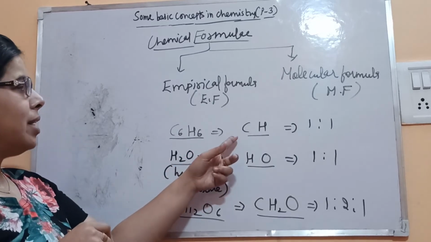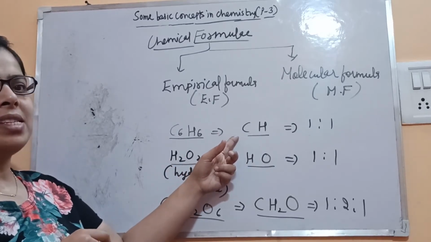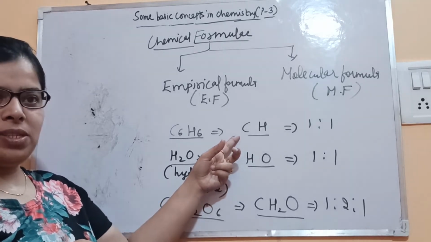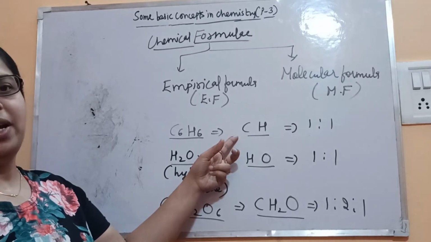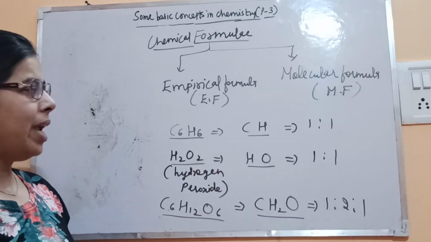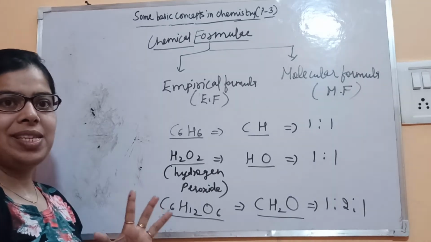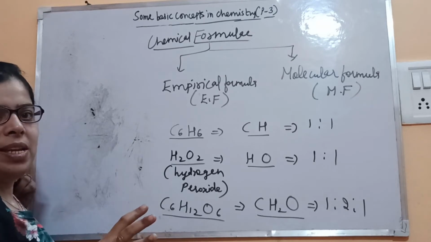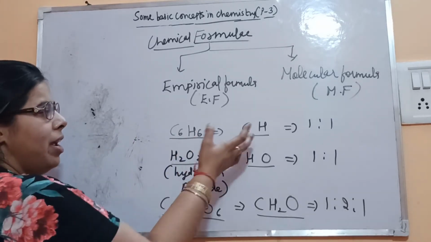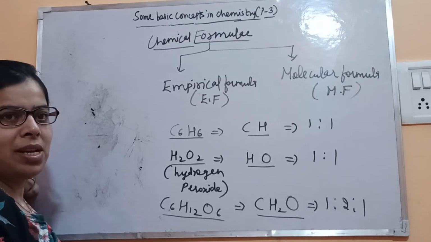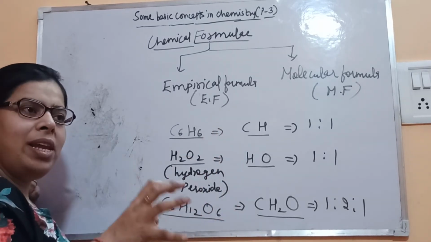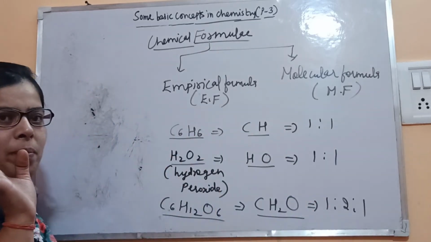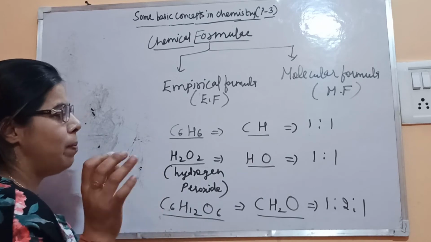That is, the empirical formula for a compound is defined as the simplest ratio of the atoms of various elements present in it. Simplest ratio. Okay, but in the molecular formula it is the exact number of atoms. See, in benzene, 6 atoms of carbon and 6 of hydrogen are present, but in the empirical formula you don't know how many atoms there are. So it's just the empirical formula. It only indicates that these are the elements which are present in their simplest ratio. Okay, and they bear this ratio.